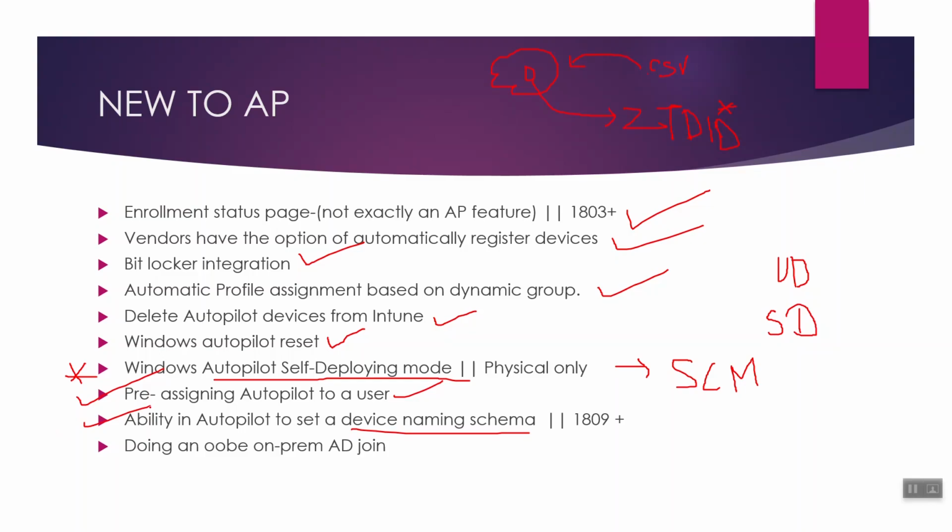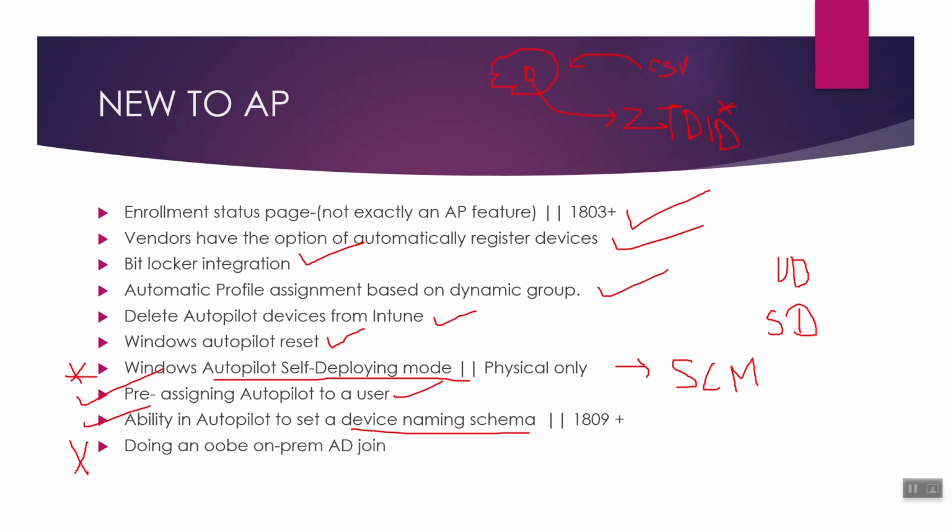I'm not exactly sure whether my machine during my demo is 1809 or not, so I'll be configuring it in the portal. I'll show you how to configure it, and if I have 1809, if I am a subscriber to the Windows Insider Preview, then I should be able to demonstrate it. And then comes the big one,